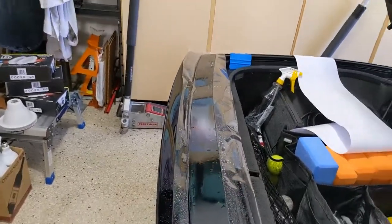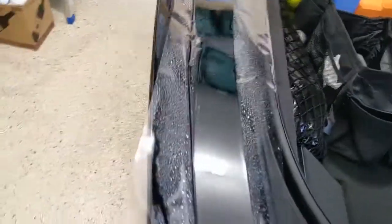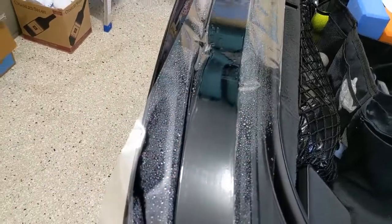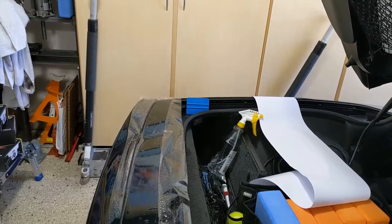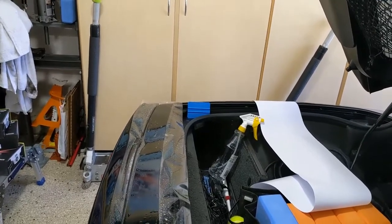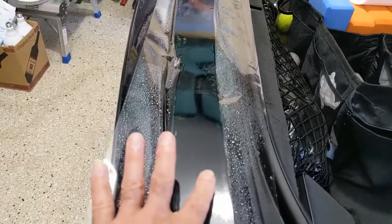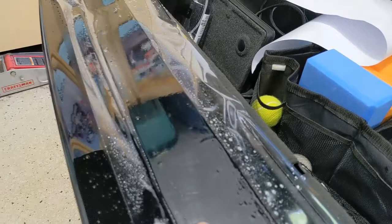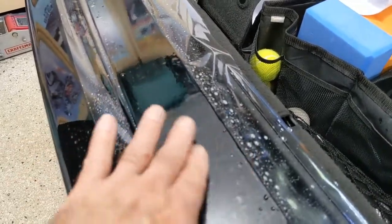Okay, I could not film a lot of that for obvious reasons, but you have to work fast. You have to keep it wet while you're laying it down. You use that plastic, it's like a putty knife really, to get rid of the bubbles. You will have a few bubbles. You have to work them towards the edges, okay? There are a few left. I'm going to try and work them out towards the edges,